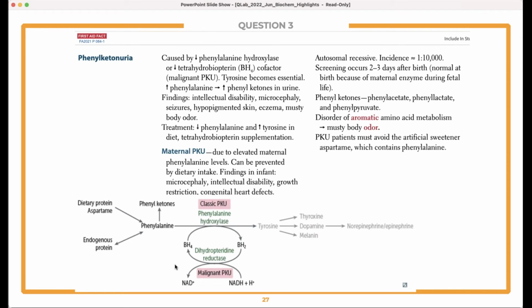So as you can see here, PKU is most commonly caused by a deficiency of phenylalanine hydroxylase, or PAH, and that's the first enzyme in the breakdown pathway of phenylalanine. This enzyme converts phenylalanine to tyrosine, and then tyrosine hydroxylase converts tyrosine to dihydroxyphenylalanine. And both of these enzymes require a cofactor called tetrahydrobiopterin, or BH4. And that is regenerated by the enzyme dihydrobiopterin